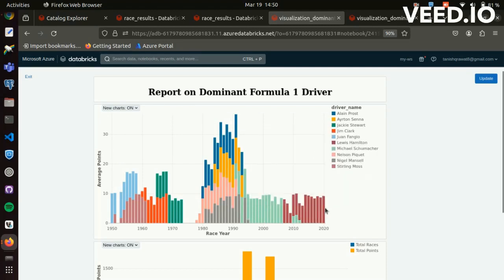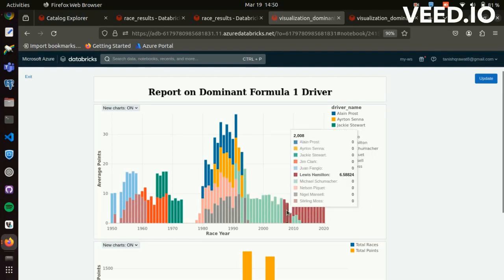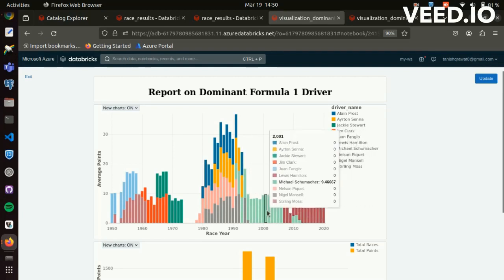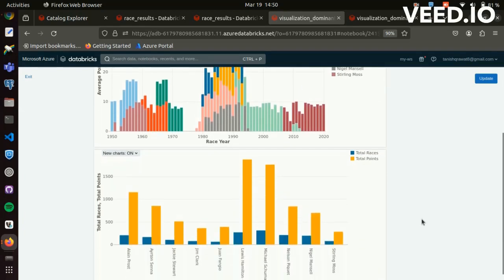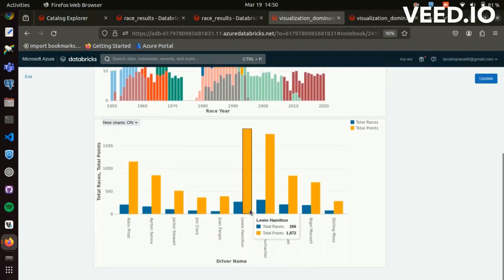Then in the last decade, we can see Lewis Hamilton has dominated, and the previous decade was dominated by the famous driver Michael Schumacher. In another visualization, we can see Lewis Hamilton got almost 2000 points with 266 races. Michael Schumacher raced 300 races and got 1759 points.